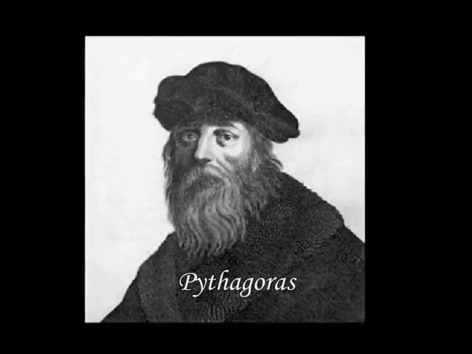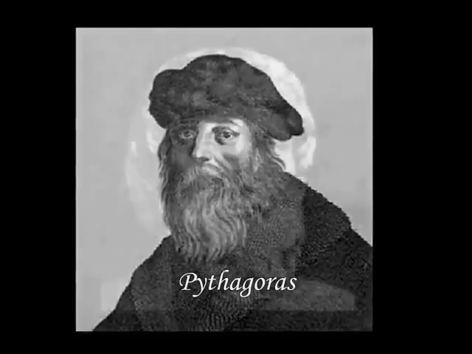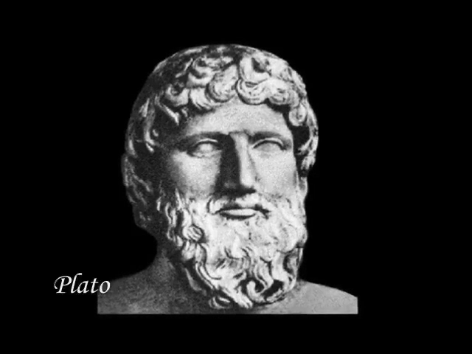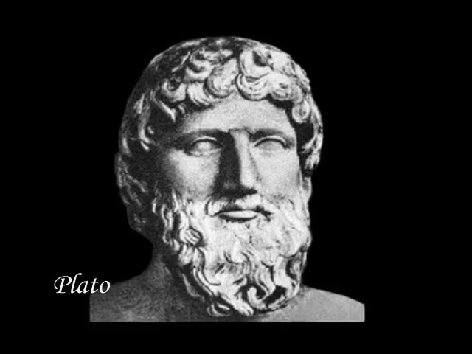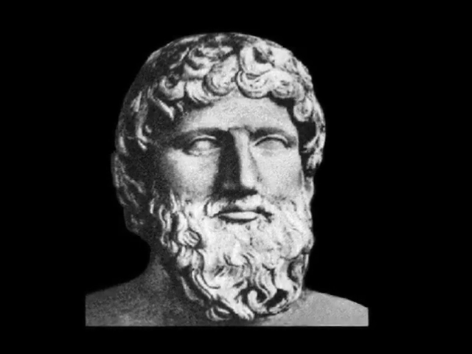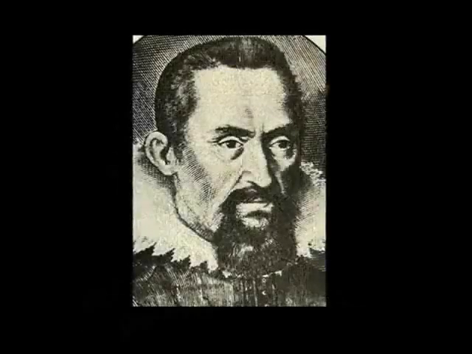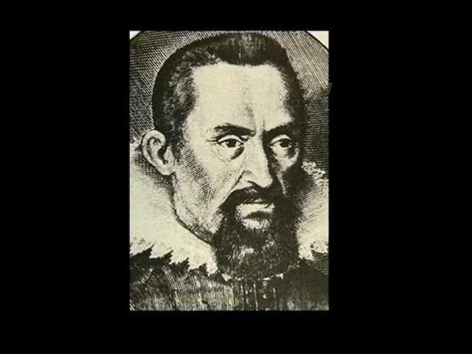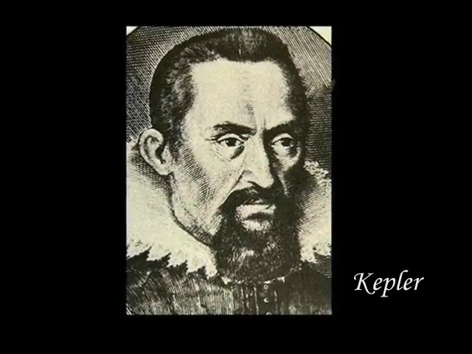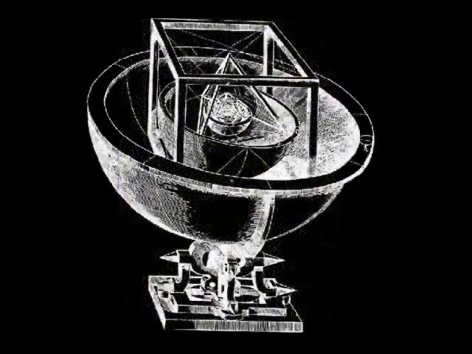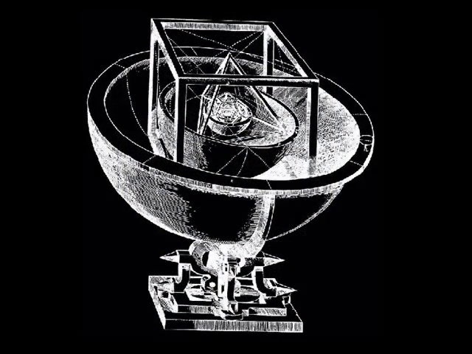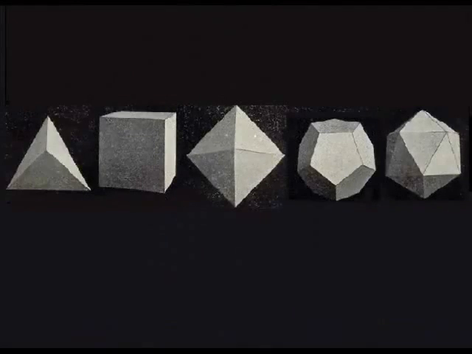Other Greeks in ancient times were fascinated by these shapes. Pythagoras knew some of them, and later Plato wrote about them. He associated each perfect solid with the 5 elements. And other Greeks wrote about them. Much later, the German astronomer Johannes Kepler closely studied these shapes, attempting to create a model of the planetary orbits. Obviously, his models based on the Platonic solids turned out to be wrong, but he discovered some other important polyhedra